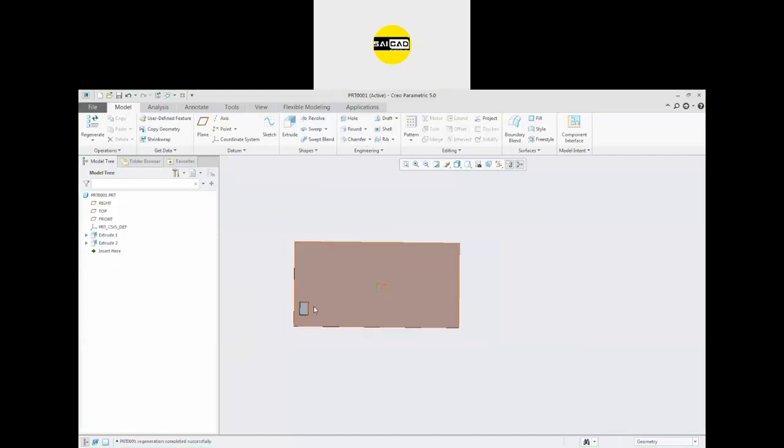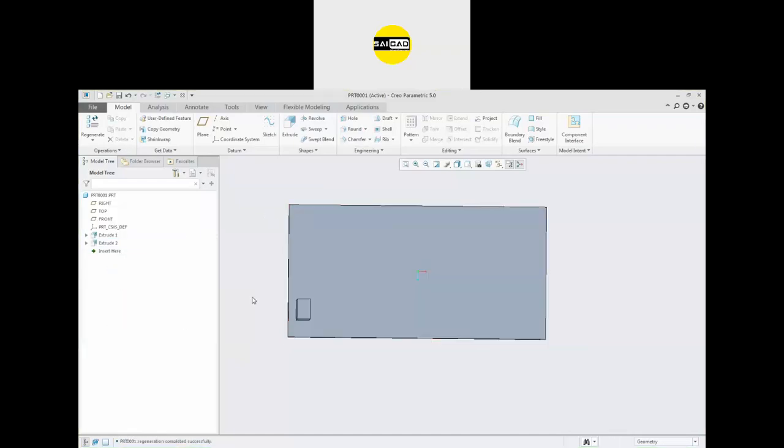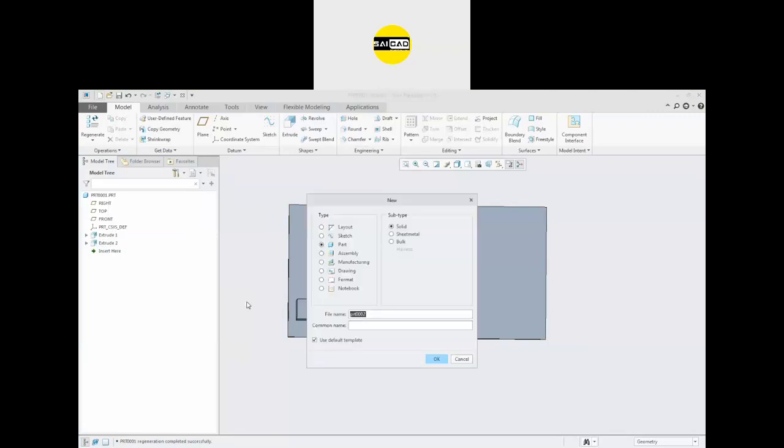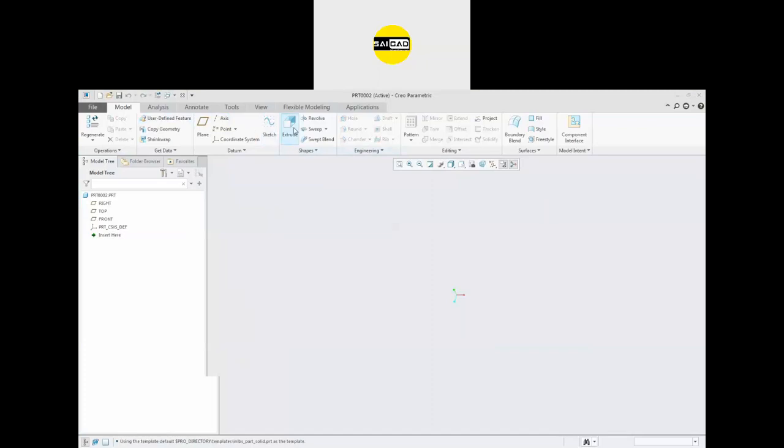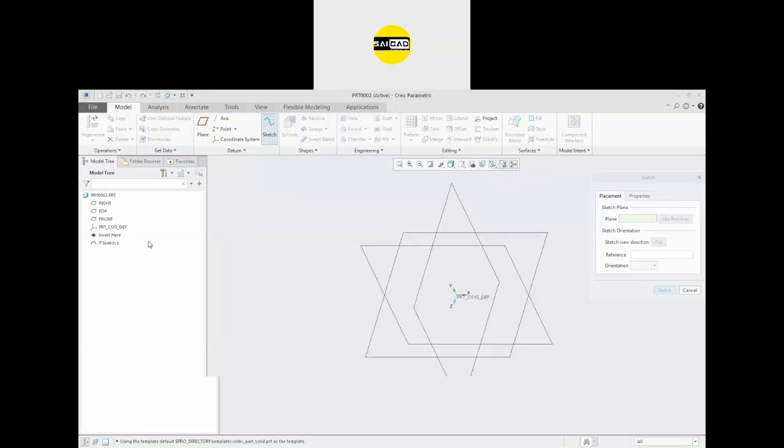Next, we are going to cover that is circular pattern or the axis pattern. For that, we are going to create a new file, and here I'm going to create a circular profile that is on front or right.